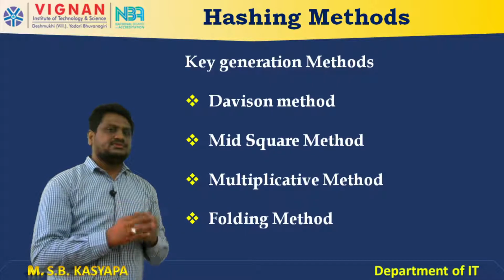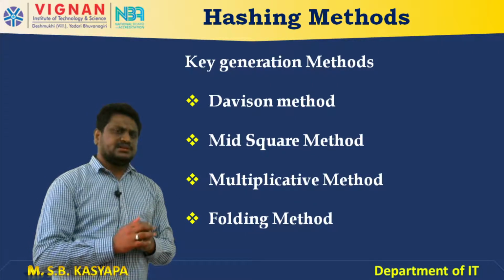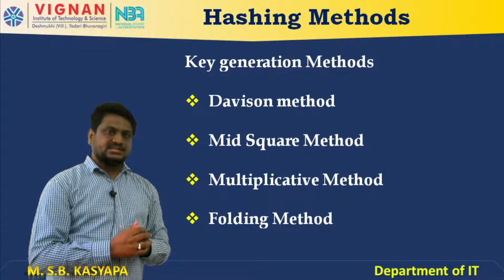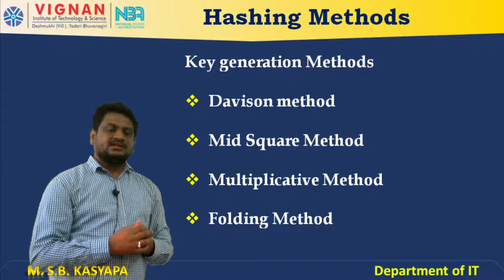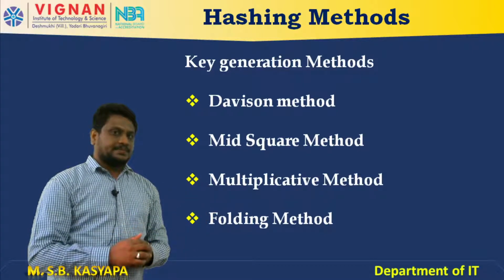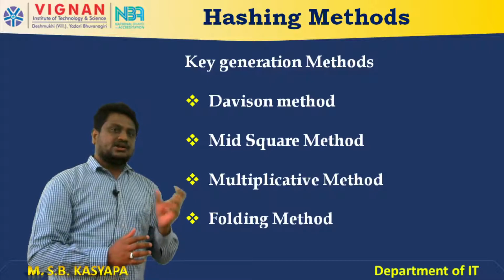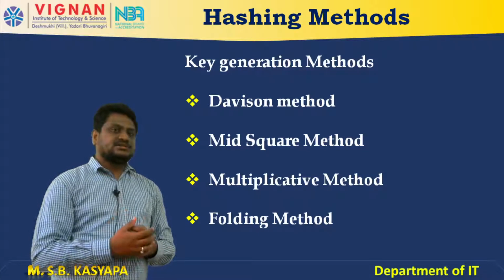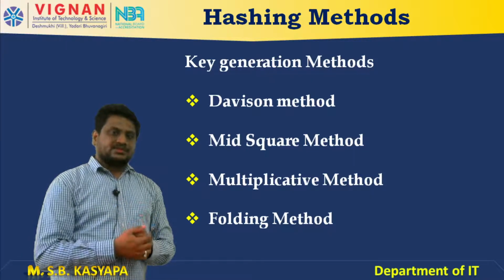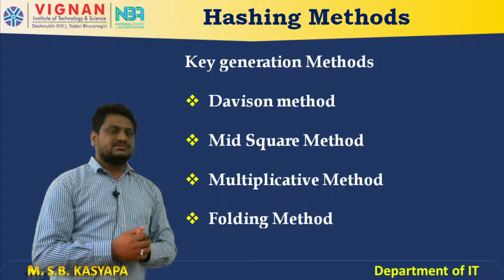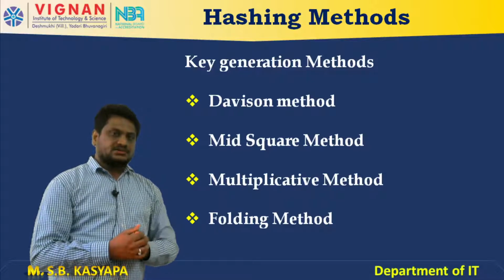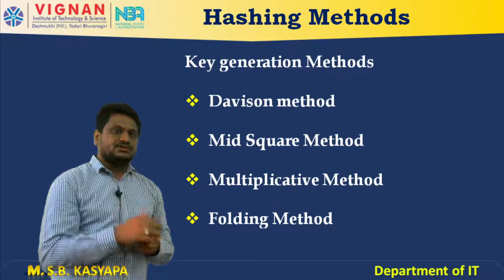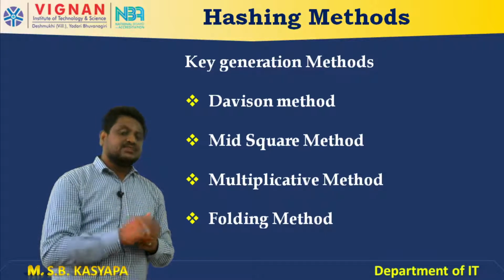Now let's review a little bit. So what is division method? In division method, whatever key or data I am going to insert in the hash table will be divided by 10. Then the remainder I will consider as the key. In mid square method, the data or key value will be squared. So I will get some data. For suppose if I take 12, 12 squared means 144. Am I right? In 144, I will take the middle value, that is 4. So 4 is the key for the data 12.